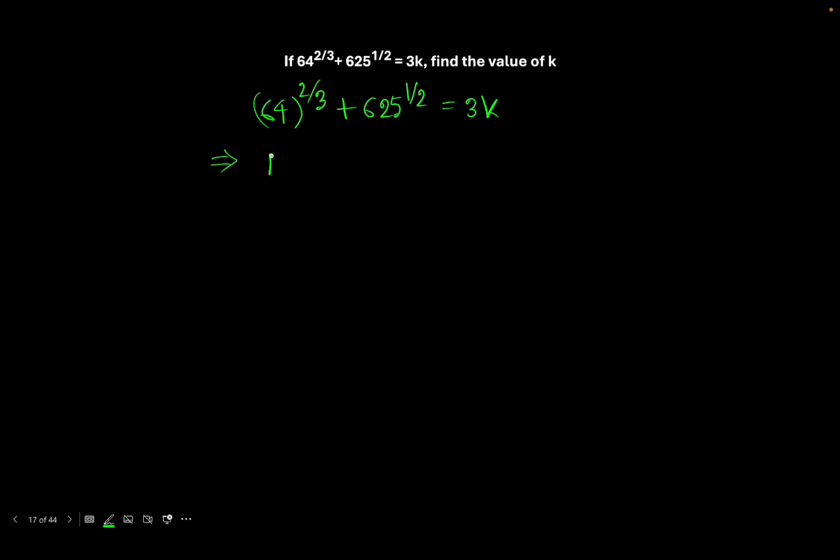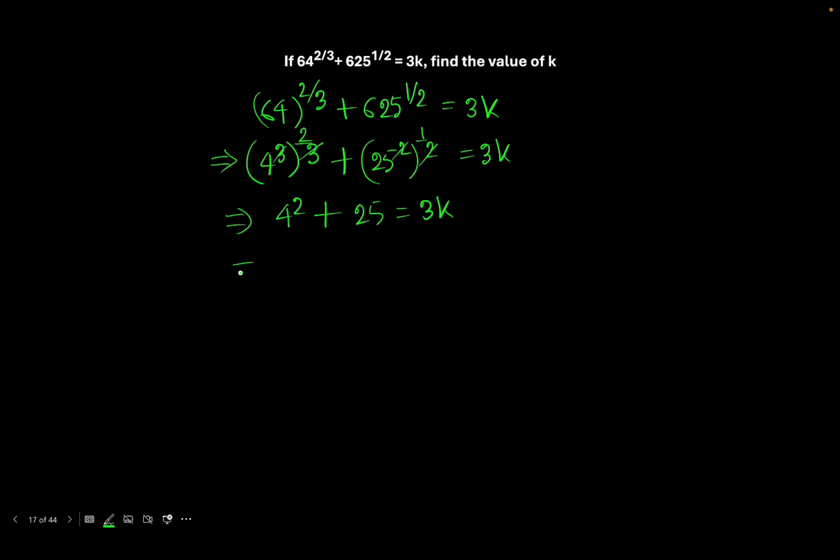So we can write it as 4 cube to the power 2 by 3. We write it as cube because the denominator is 3, and also here we will take it as 25 square, as the denominator is 2, is 3k, so it will cancel out. So it will be 4 square plus it will also cancel out, so it will be 25 is equal to